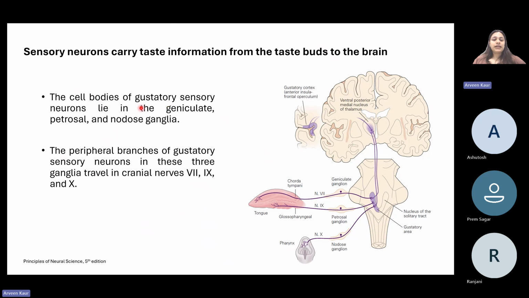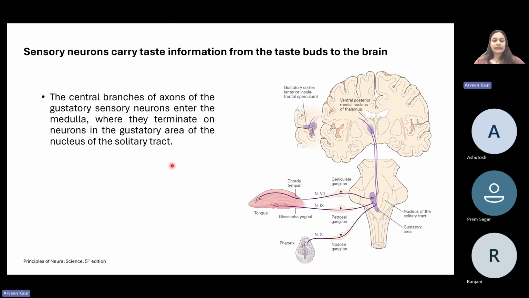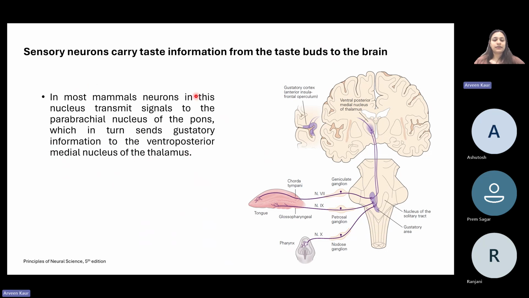The cell bodies of gustatory sensory neurons line the geniculate, petrosal, and nodose ganglia. The peripheral branches of the gustatory sensory neurons in these three ganglia travel in cranial nerves 7, 9, and 10. The central branches of axons of the gustatory sensory neurons enter the medulla where they terminate on neurons in the gustatory area of the nucleus of the solitary tract. In most mammals, the neurons in the nucleus transmit signals to the parabrachial nucleus of the pons over here,